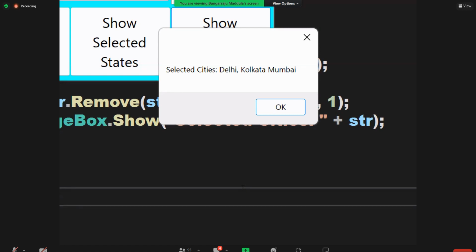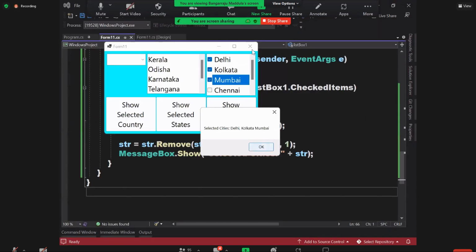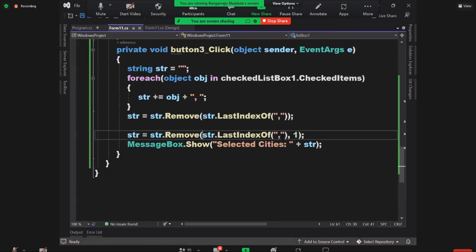Now, in that place where the comma is removed, "and" should be added, in that position. But what is that position? We found out now. At that position only. But after removing the comma, if I say last index of, then it will come to the previous comma. So be careful. So what you do is, first int